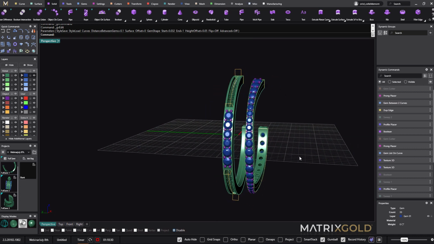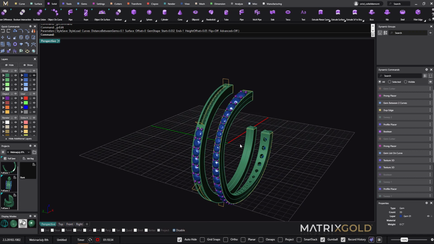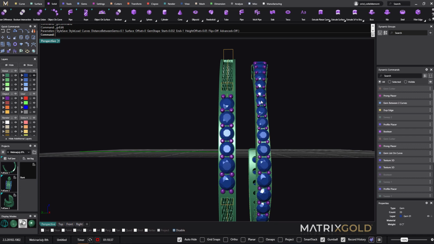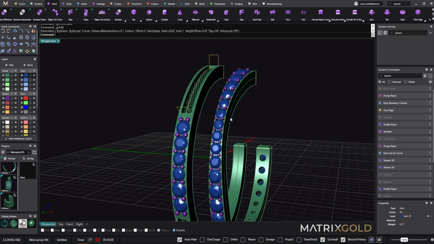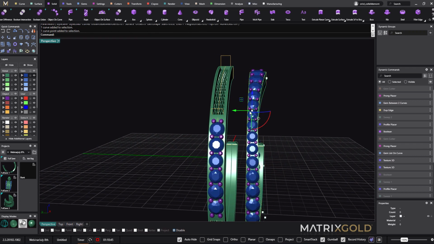Again, everything is relying on the base curves that we have. Just keep in mind that maybe you are thinking, whoa, this is maybe too narrow, I want this part a bit wider. I just select the curve and I have this point here. If I select this point and I move it a bit like this,